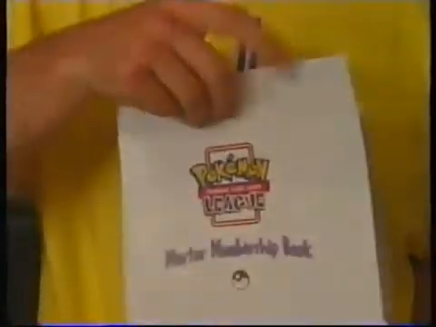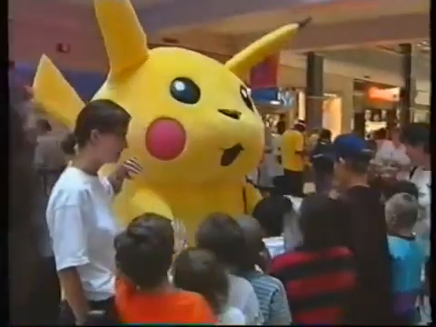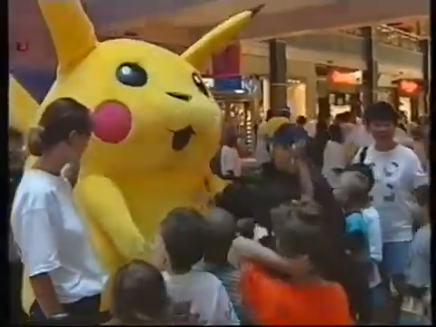Oh, just a couple more things. First, this master membership book. Use this to keep track of the trainers in your league, how many badges they've earned, that kind of stuff. So by the end of the day, just make sure you've entered every new trainer in this book. This is important because kids being kids, if they lose their badge book along the way, they don't have to start from the beginning. Plus, we here at Wizards of the Coast would like to know how your league is